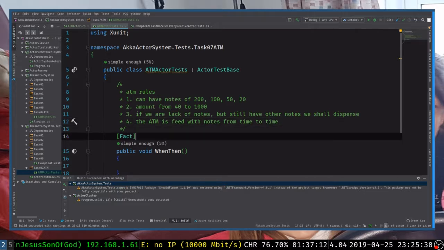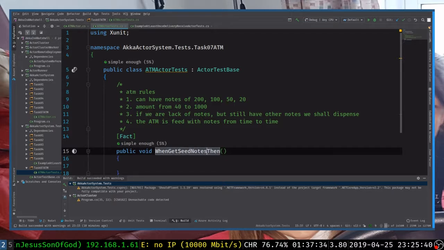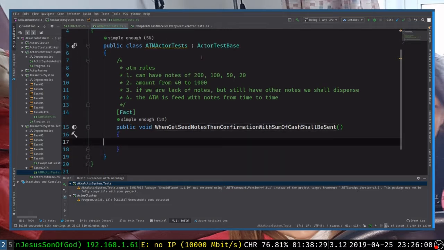Okay, so when we test and confirm, the sum of cash shall be set. Okay, so